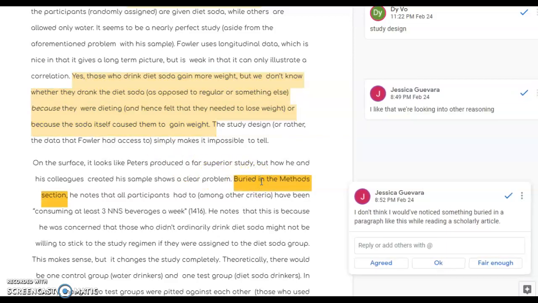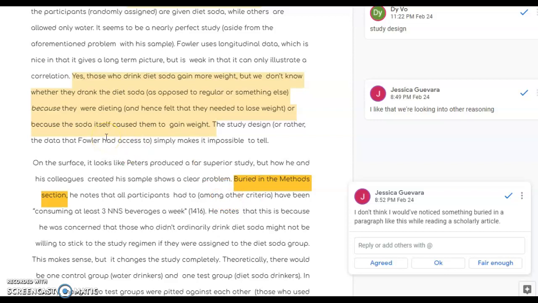Also, there's a note here of like I wouldn't have thought to have looked deeply into this. Well, this is actually what we need to do with this essay, right? Is to actually get into these studies deeply enough that we can say, and this is actually a really interesting fact, right? Hill and Peters, when they did their study on diet soda, all their participants were habitual diet soda drinkers. So the people who drank water were not a control group quite so much as they were a group that had to quit the beverage that they were drinking. And that very much changes the outcomes.